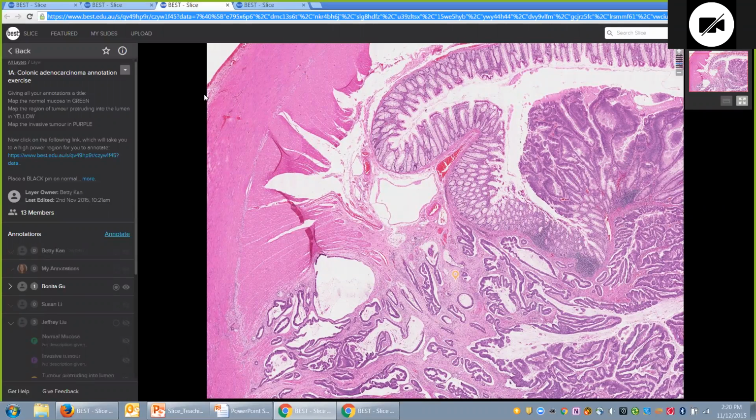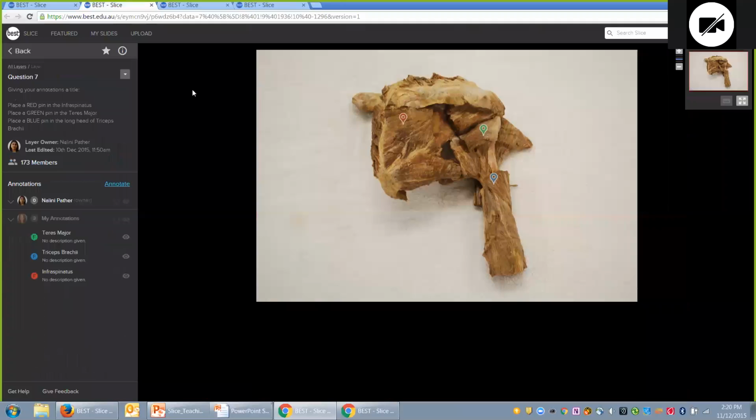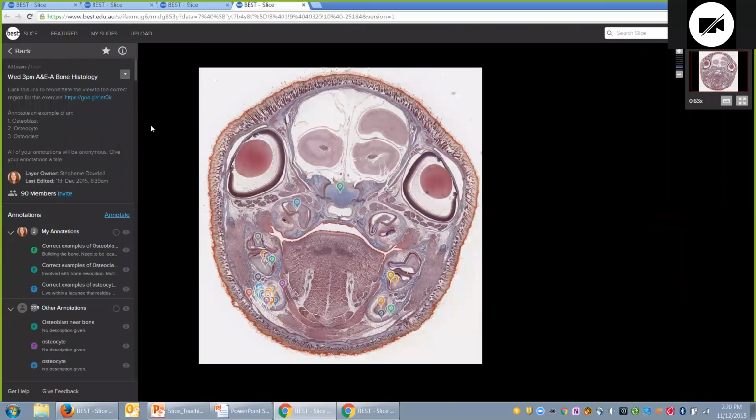The final activity I'm going to show you today is more similar to the first one done by Nalini. But instead of being an anatomical feature, it's a histological feature. So we invited students to participate in an exercise that was run on a microscopic image of a fetal rat head. And this exercise involves students annotating 3 cell types: an osteoblast, an osteocyte, and an